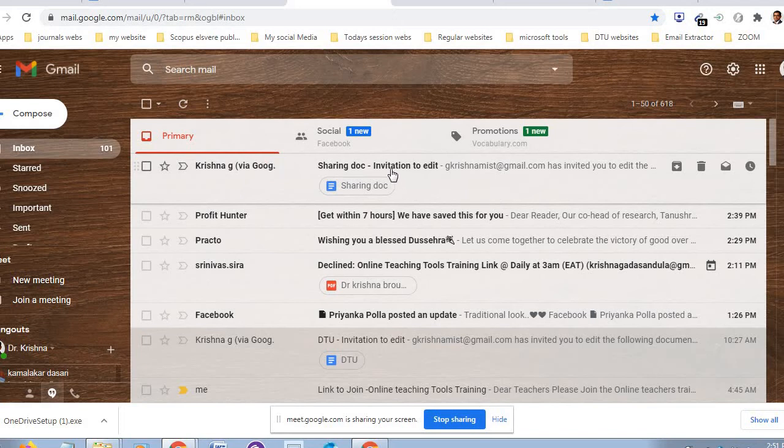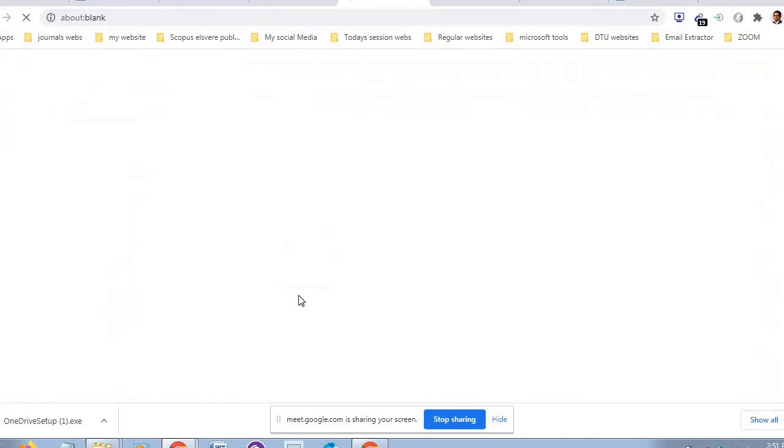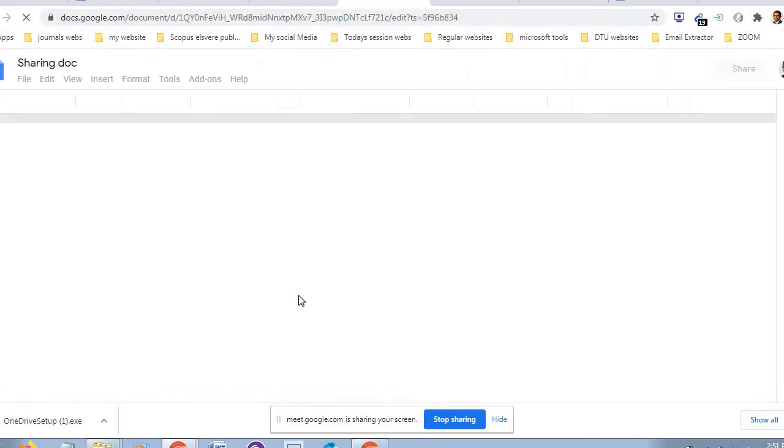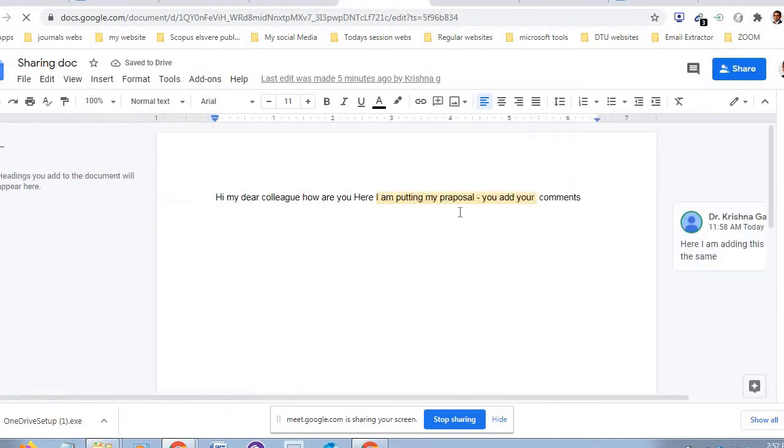It came, sharing document, invitation to edit. Just I'll open it. No downloading, no uploading. If it is a mail attachment, I have to download it, again modify it, again upload it. There are many things.